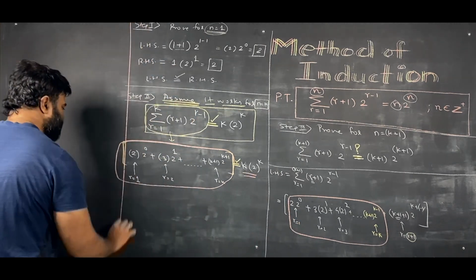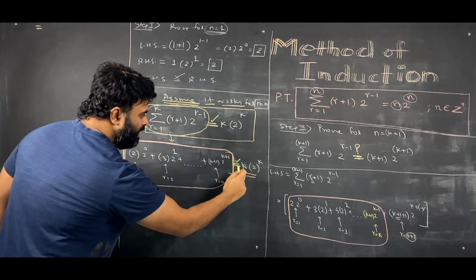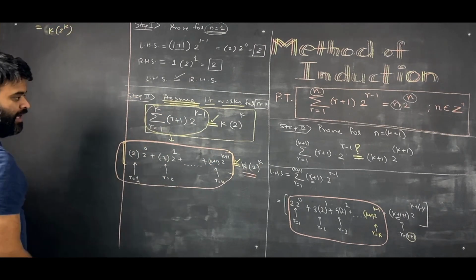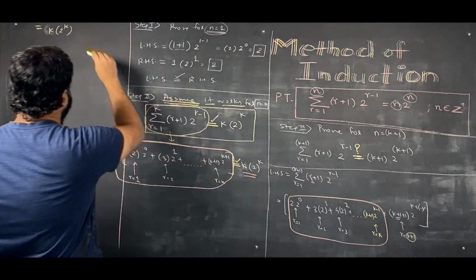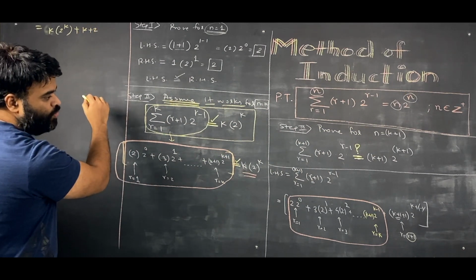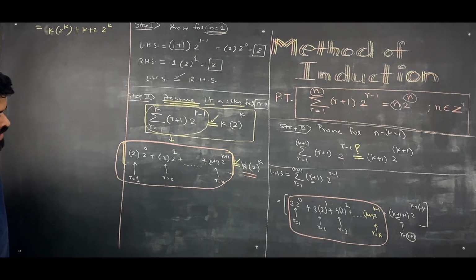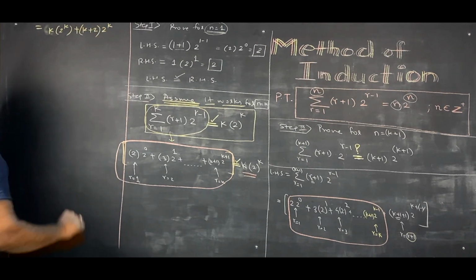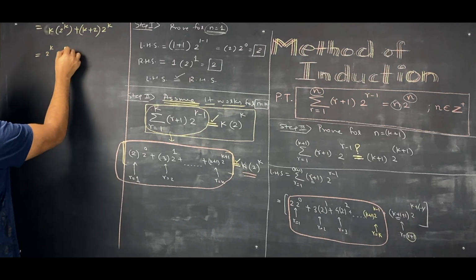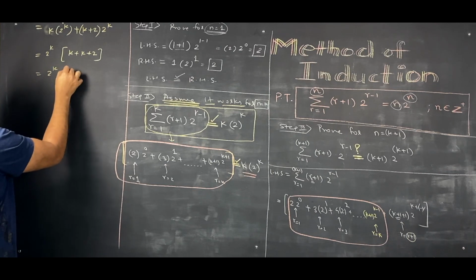Okay, let me use a space on this side now. This will become k 2 raised to k, and then there is the last statement there, that is plus. This will become k plus 2 and 2 raised to k, isn't it? It's k plus 2 into 2 raised to k, isn't it? Now I can take 2 raised to k out, so I'll get 2 raised to k, and this is k plus 2. Of course, that's 2k plus 2. 2 raised to k, 2k plus 2.